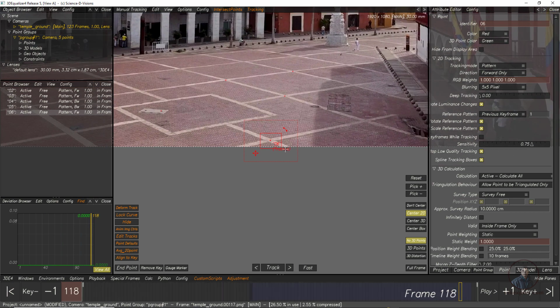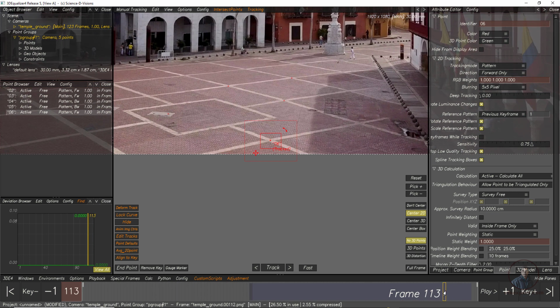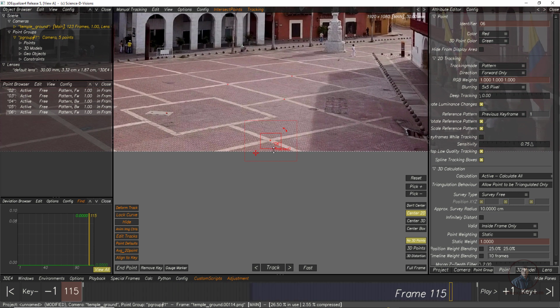So how can we track these points? Maybe till here it is correct, okay. After this, the tracking data is not accurate. So before tracking further, first we have to clear all this tracking data. Simply click on this endpoint, and this will clear all the tracking data. Now I have cleared it, then we can adjust our search region and search area, all these things.